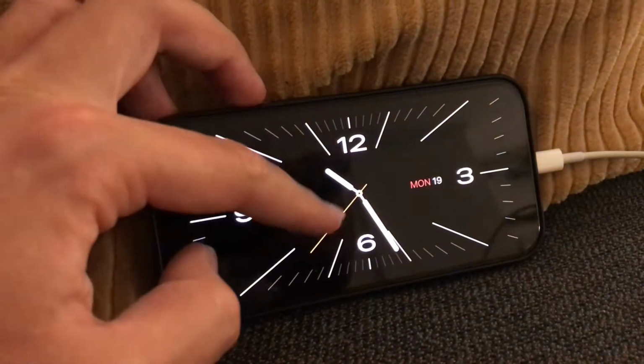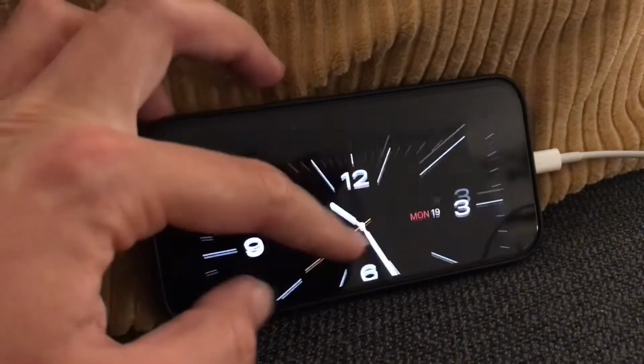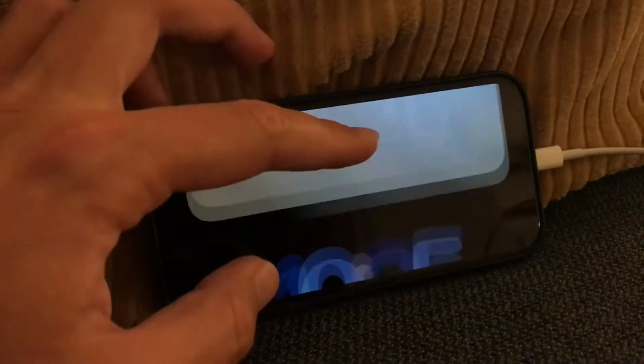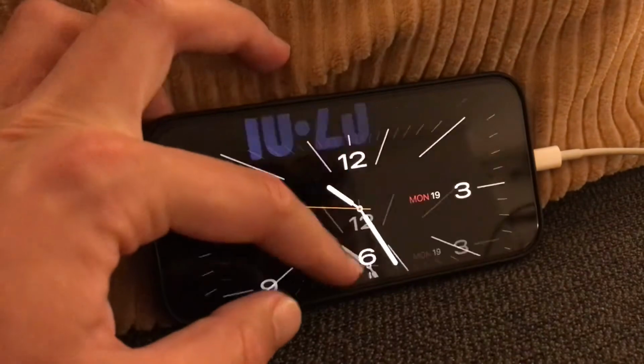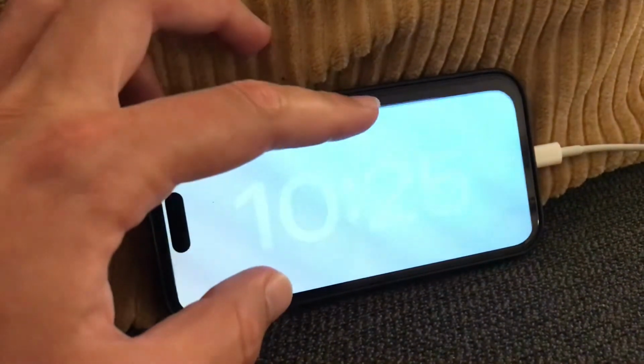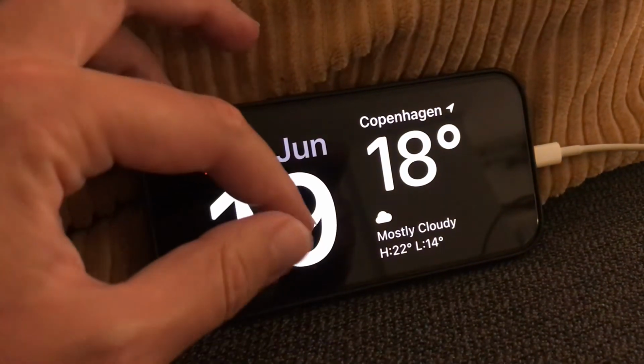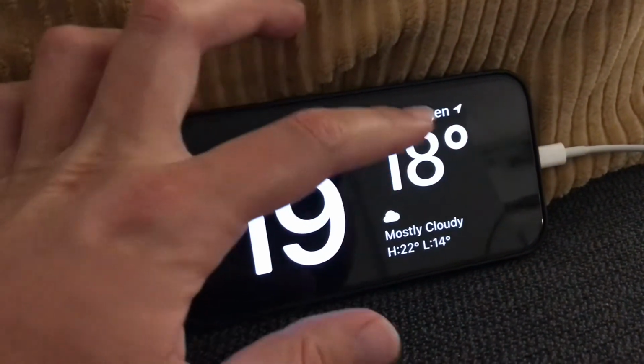And then here, for example, if you just go to the clock, you can swipe through different widgets here as well. So that's how you change the layout. That's how you enable it. So currently there are clock, photos, and then date, kind of a calendar, and then